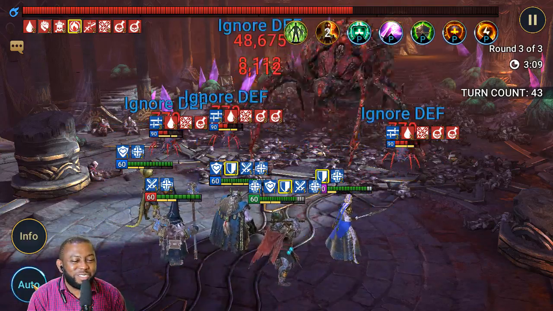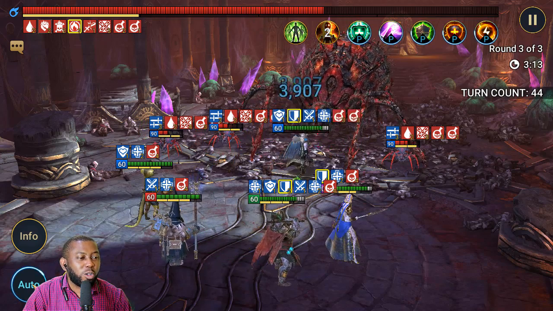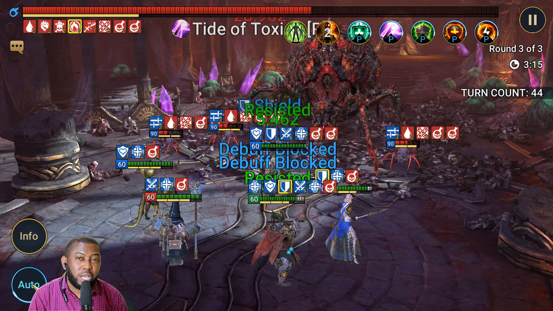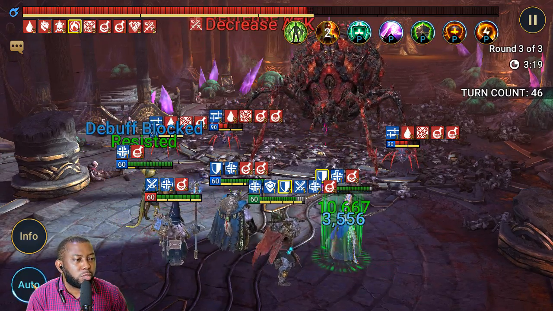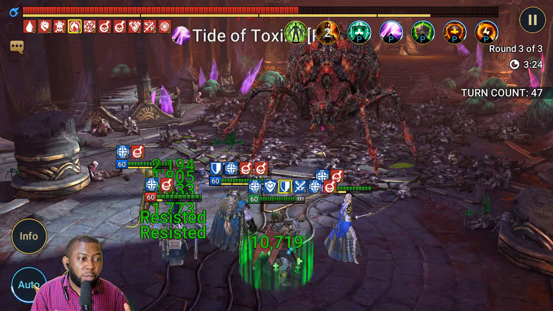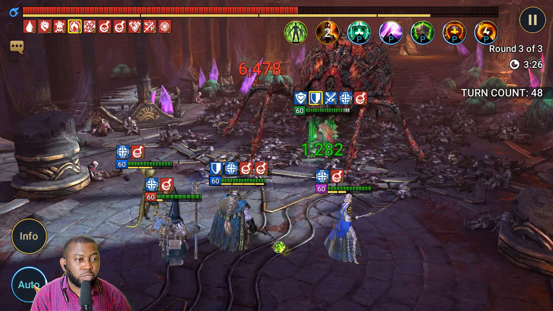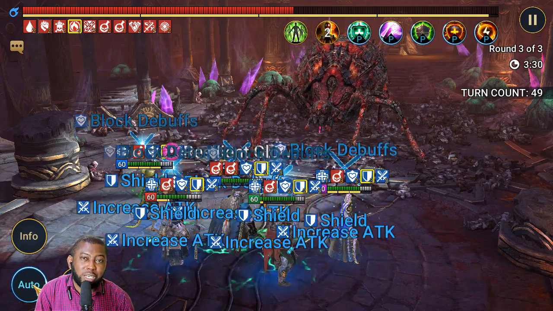I love to see it, man. I love to see it. So that's what she's there for, for the team. An awesome cleanser. A 3-turn cooldown cleanse just looks like it happened in 2 turns, but that's because she's extremely fast on this team. So that's where I originally built this champion for my team, exactly for this boss, Nether Spider. And I'll show you after this battle how she can help in the Doom Tower,